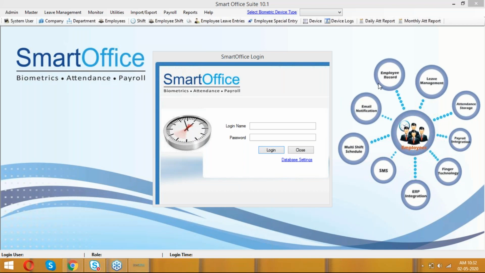As already discussed, we have three kinds of application: one is desktop, web, and the cloud. Coming to the desktop application, it is a single, standalone application. Where you have installed this desktop application, only there you have to access it. You can't access it in any other location.